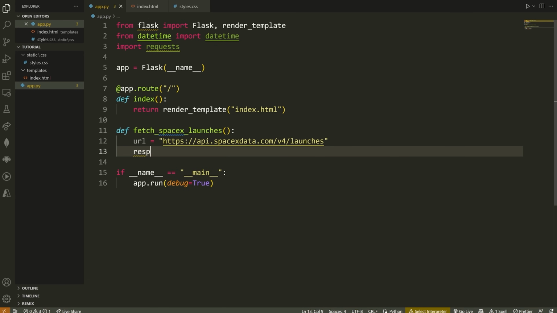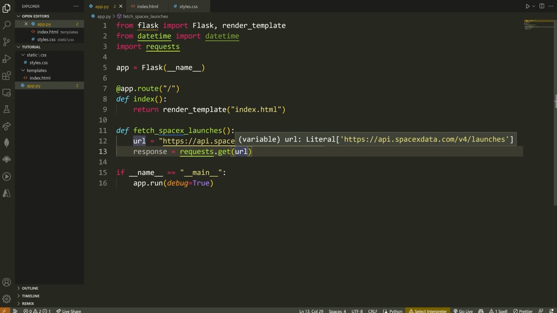Next, we're going to say our response is equal to requests.get. Now we're using .get because we're getting some data from this URL. And the reason why I've called this response here is because we have a response anytime we send a request. So what happens here is we send a GET request where we're getting some data from this URL. It's going to take a second and generate a response for us.